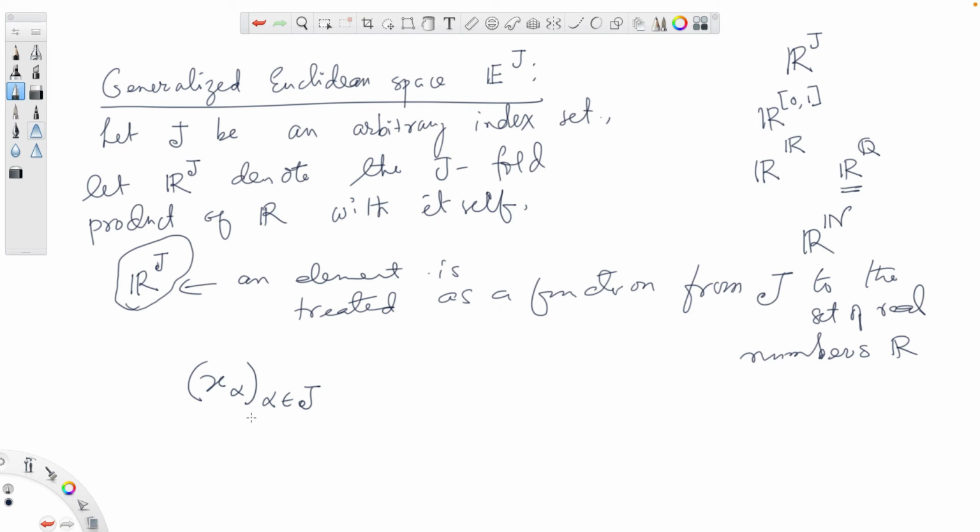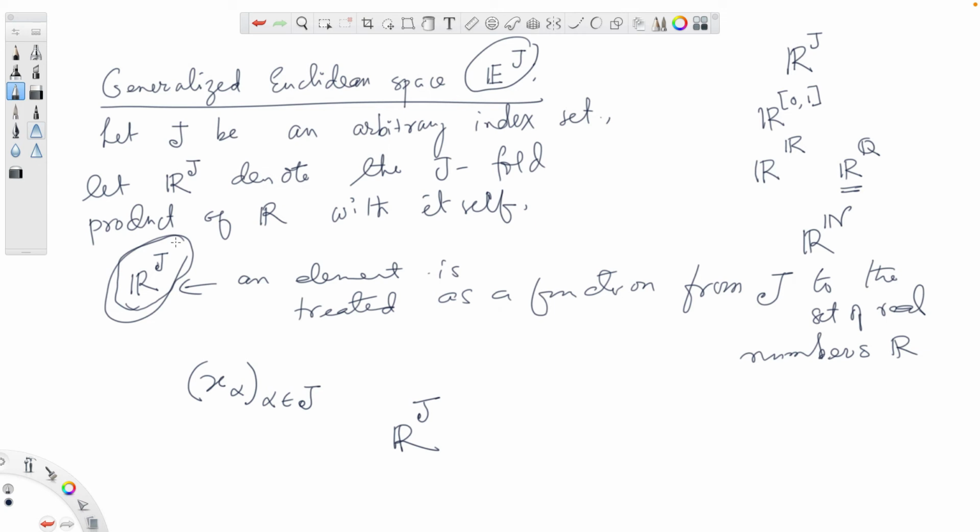This J-fold product of R with itself, which we denote by R to the J,